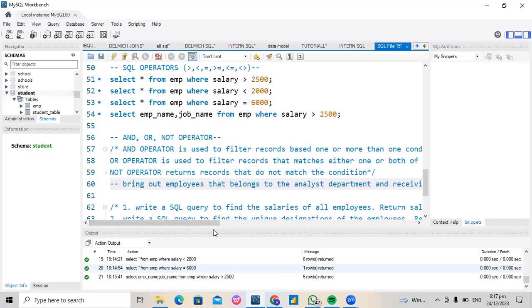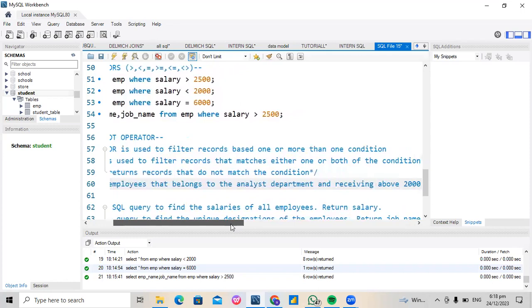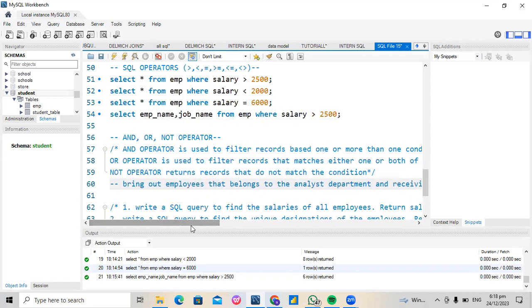They want us to bring out the analysts in that company, but the analysts must be receiving above 2,000. So I have two conditions that must be true: the analyst, and must be receiving above 2,000. When you come across something like this, you are going to be making use of the AND operator, because the AND operator is the only operator that returns your results if the conditions you specify are true. So now I'm going to say select